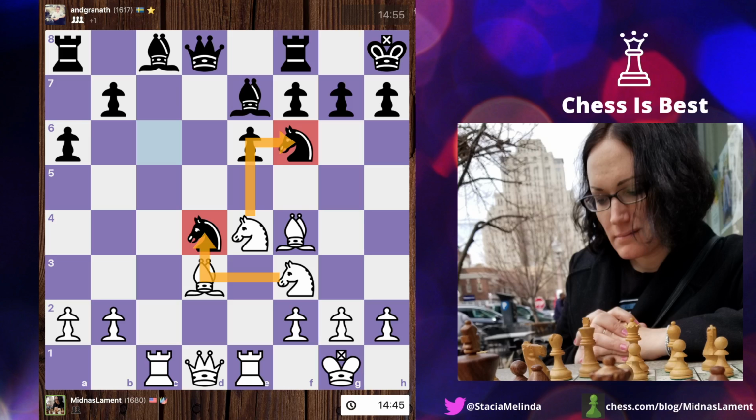I guess those are the two main options. Perhaps this is a move. I don't think it's any good though. All right, so in the game, I decided to